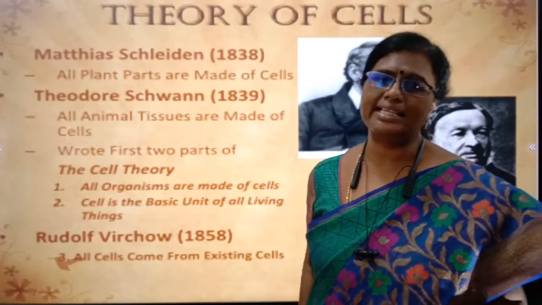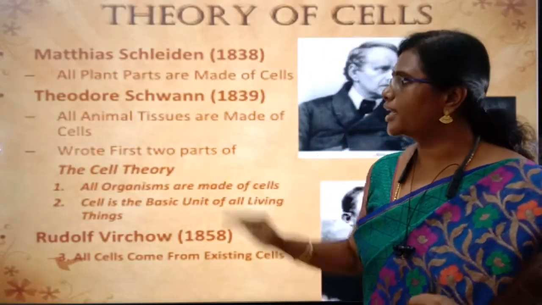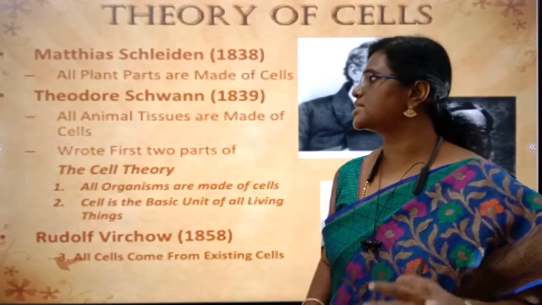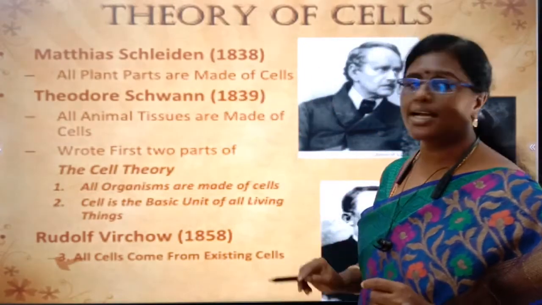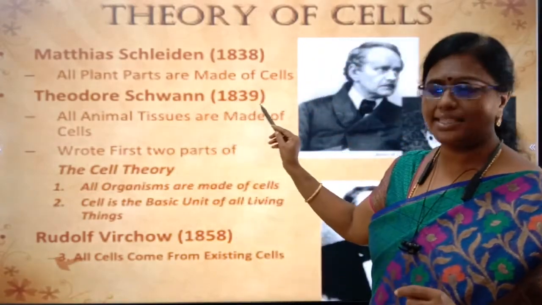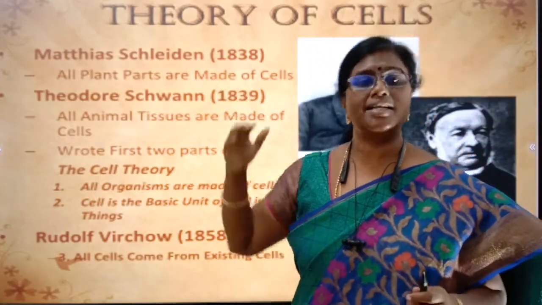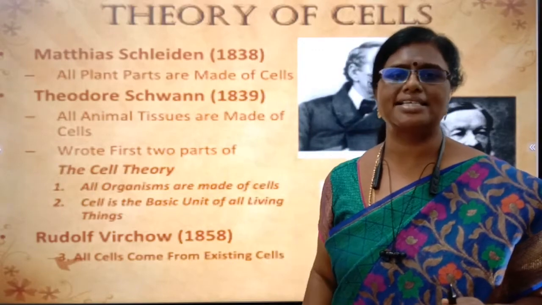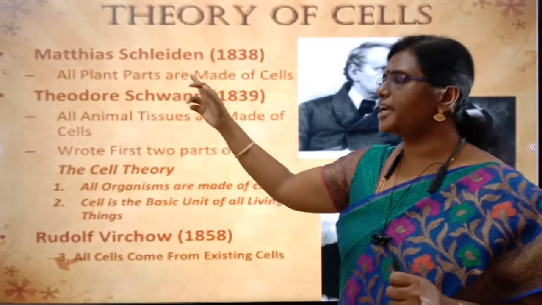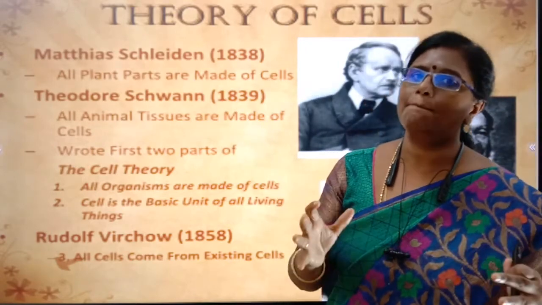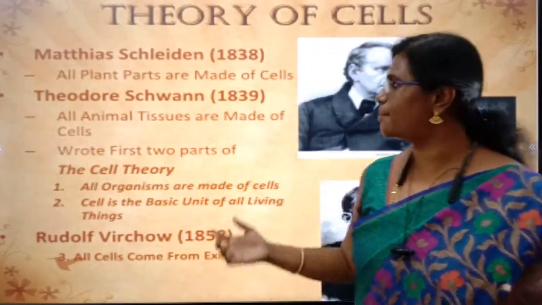Now coming to cell theory. Deriving cell theory will be a very easy task for you. Here we are going to remember three names. The first name is Matthias Schleiden in the year 1838, Theodor Schwann in the year 1839, and Virchow. These two points we have already learnt in the game we played at the start of the class, that is finding out the similarities. I will recall the concept. Schleiden said that all plant parts are made up of cells. What Schwann said is that all animals are made up of cells.